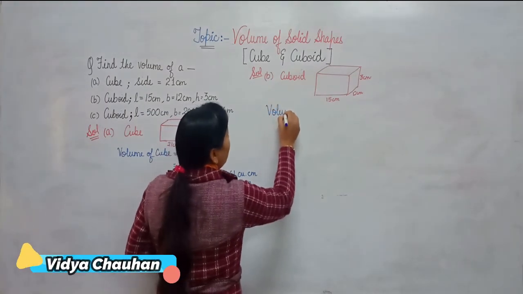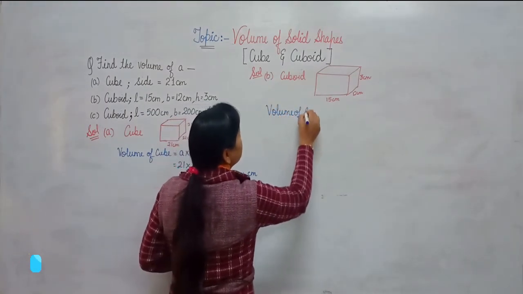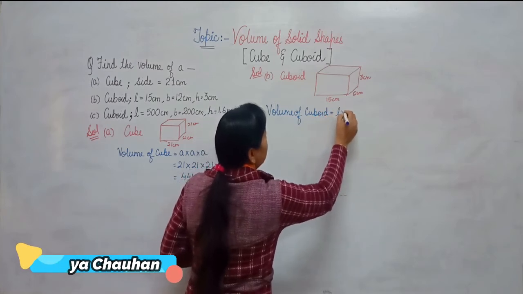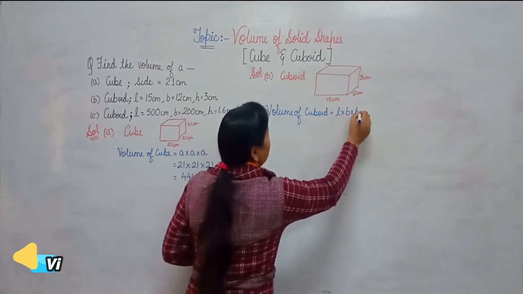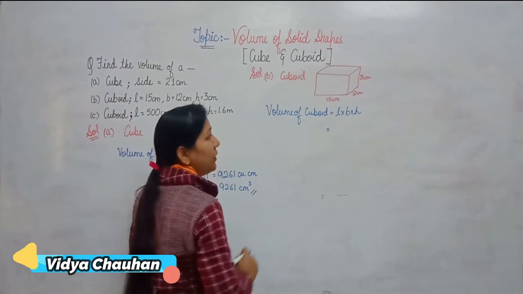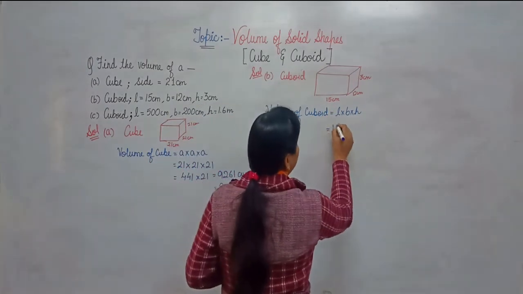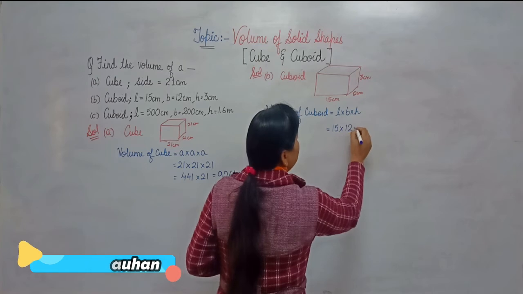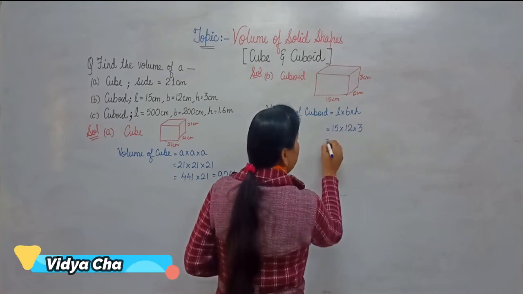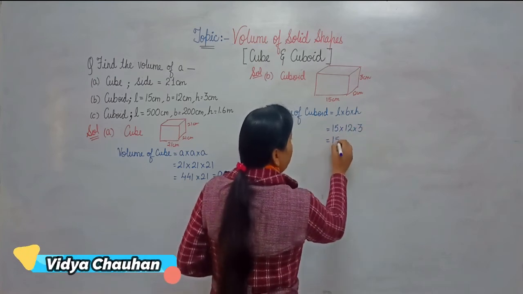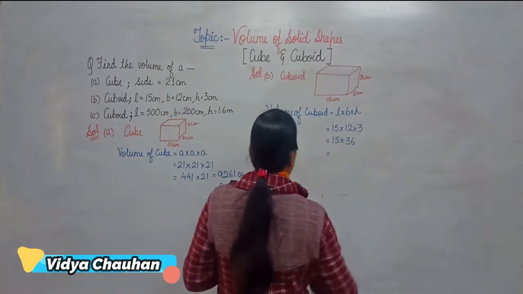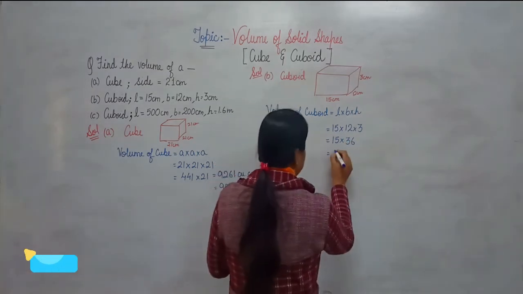So volume of cuboid, what is the formula? Length into breadth into height. Now let's put the value. What is our length given to us? 15 centimeter. Breadth is 12 centimeter and height is 3 centimeter. Now 12 threes are 36. When you multiply 15 with 36, you will get